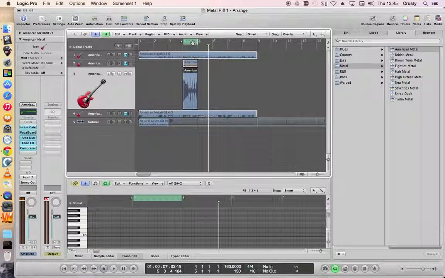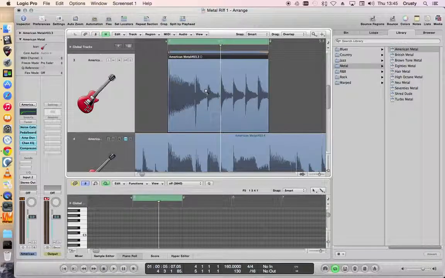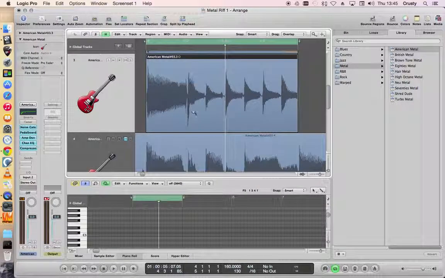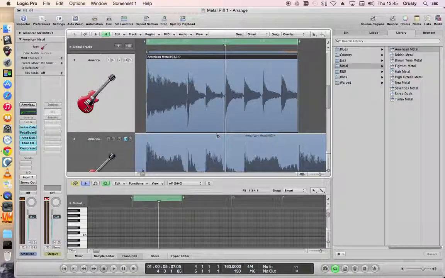And then I'm going to drag this region over to here. Drag that loop over there. Let's see what they sound like together. Messy. So let's zoom in. And now I'm going to use the scissors tool to split this region into two. I'll do it here. Now I've got two separate regions. If we press play again,